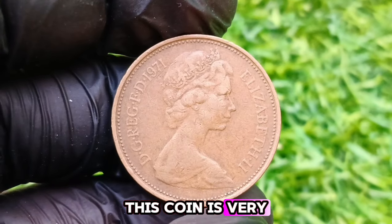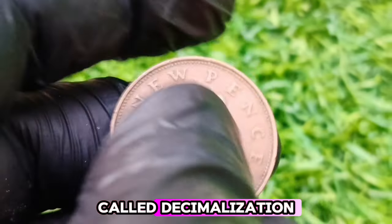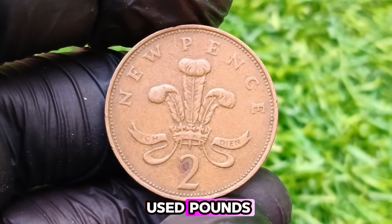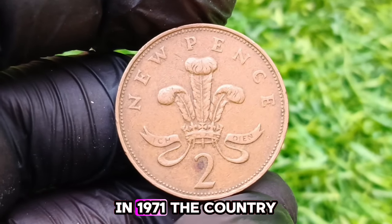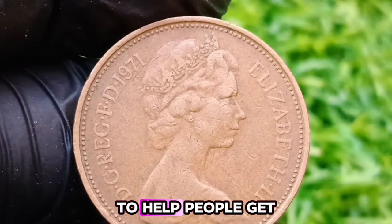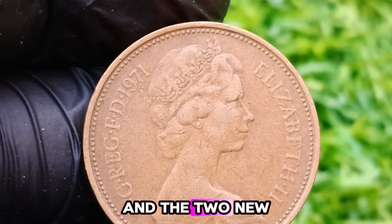This coin is very special because it was made during a big change in the UK's money system called decimalisation. Before 1971, the UK used pounds, shillings, and pence, which was a bit confusing. In 1971, the country switched to a simpler system where 100 new pence made £1. To help people get used to this change, the Royal Mint introduced new coins, and the 2 pence coin was